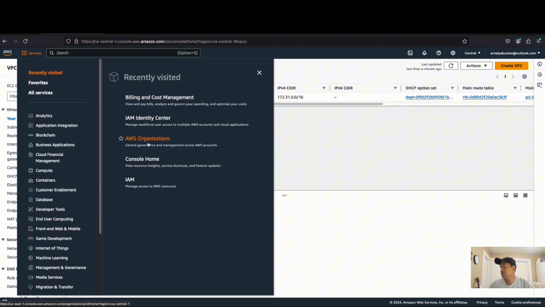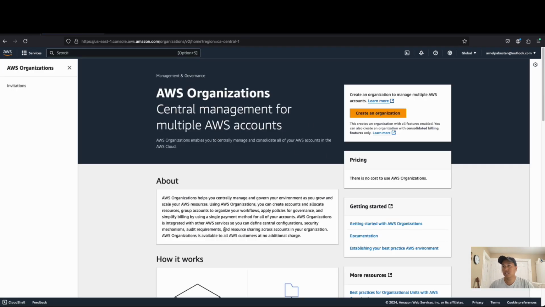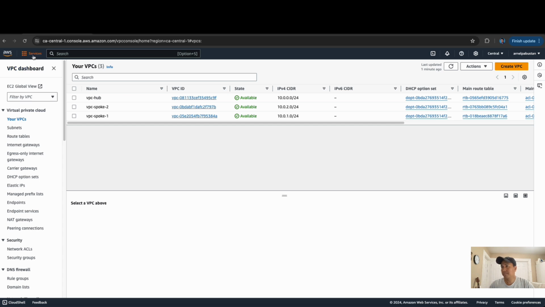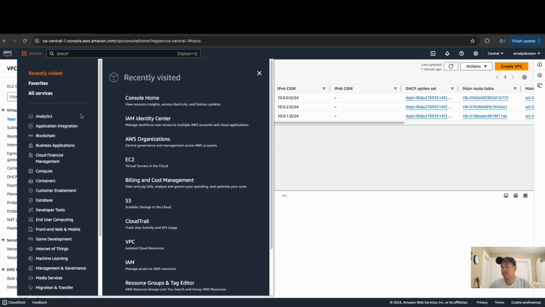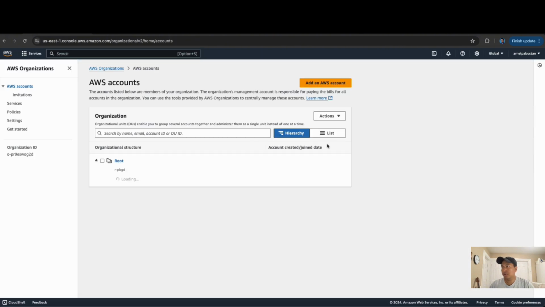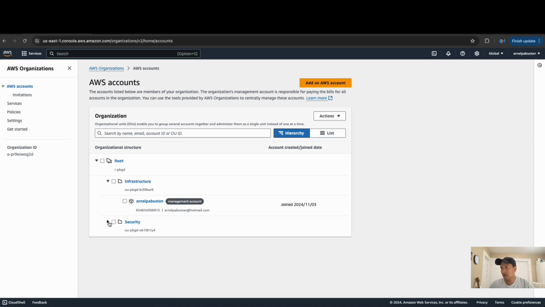If we go here, see there's nothing here on this AWS Organization. I'm using two browsers, Firefox and Chrome, so we can open both of them. So all you have to do is go to AWS Organization. From here we have already created this folder, infrastructure and security. Currently our main AWS is residing on infrastructure. We will add a new AWS account and put it in the security. This folder you can create if you want. So all you have to do is add an AWS account,